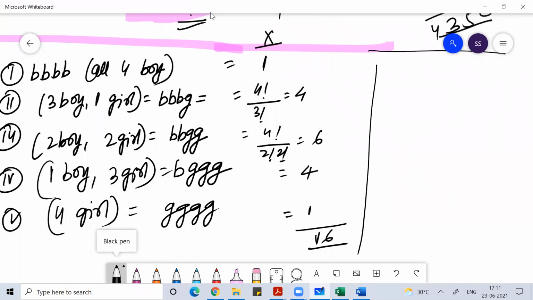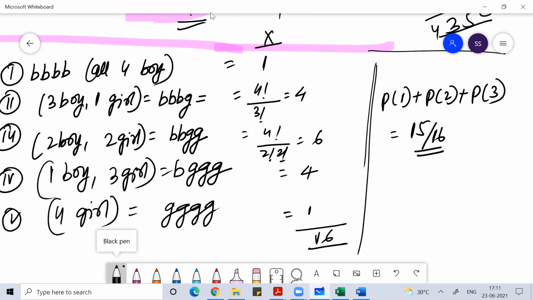So at least one boy means probability of getting one boy plus 2 boys plus 3 boys. If you see that, that will be 15 by 16. I hope you understand. The total will be 16 cases. So you know your probability, right? Anyone, any doubt? Okay, then